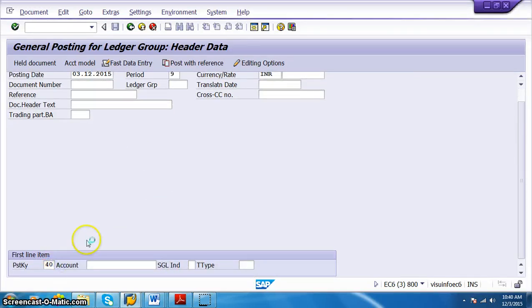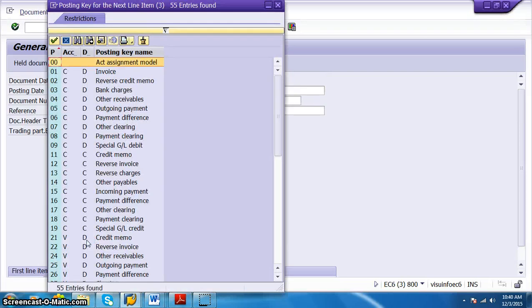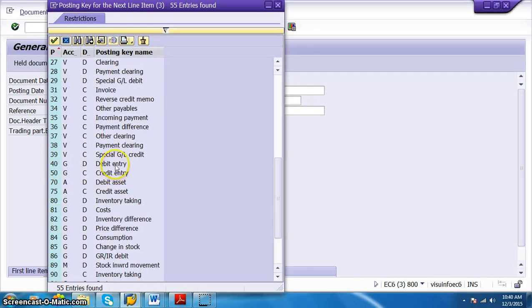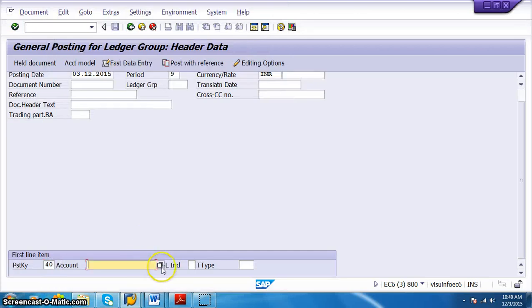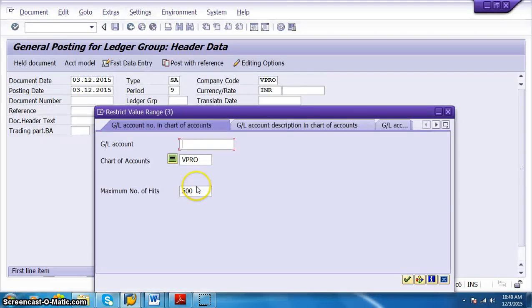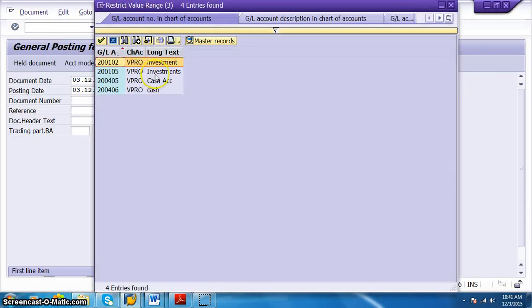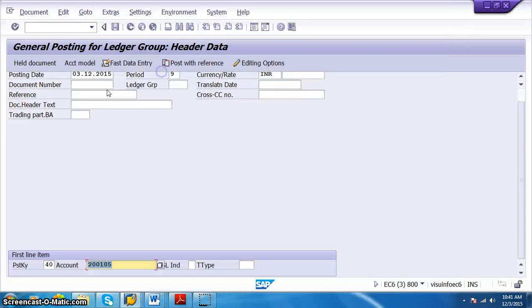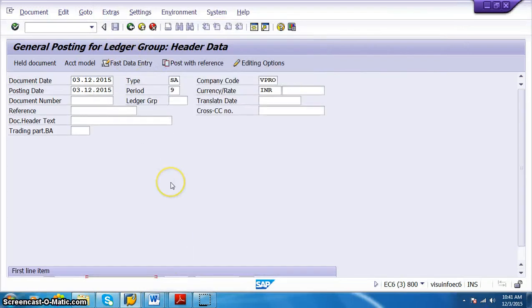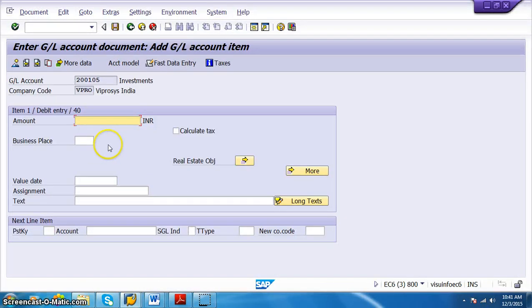These are all the standard posting keys that we have. 40 is for debit and 50 is for credit. So debit is where we are taking out the amount, in the sense we are giving it for investment. So investment is what we have taken as 200105, and just say enter, and here we are giving somewhere around 1,000 rupees as the investment.